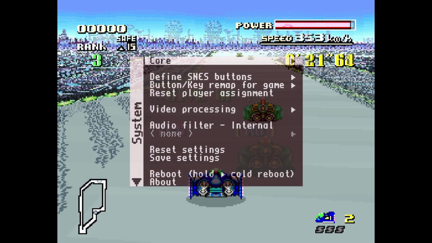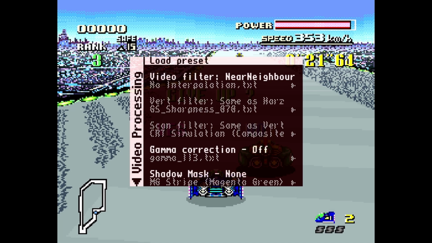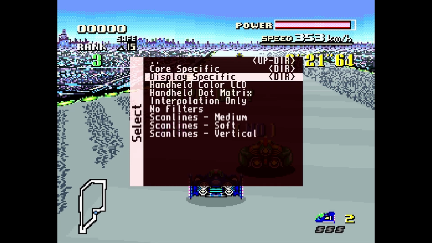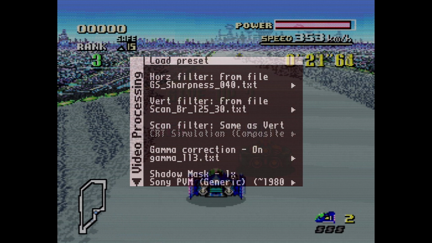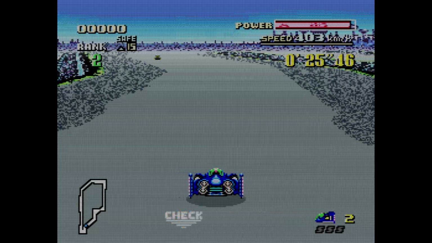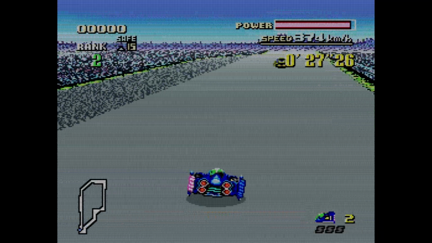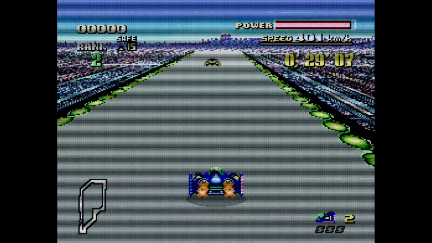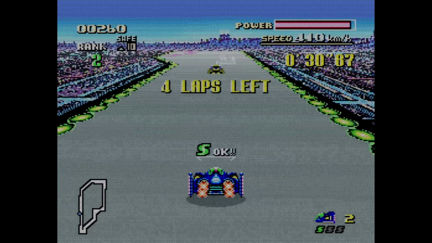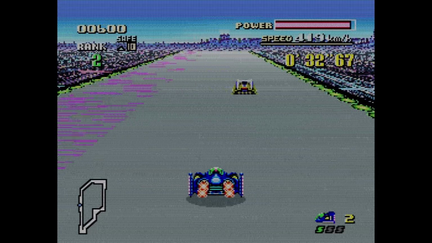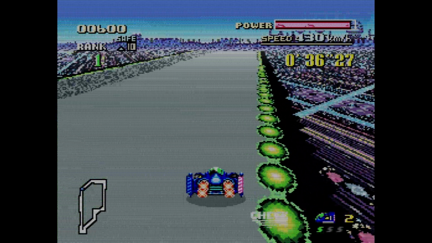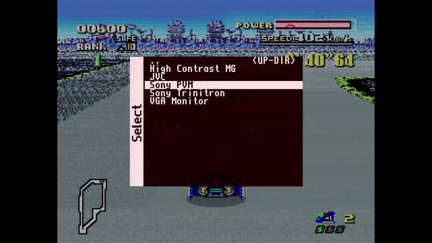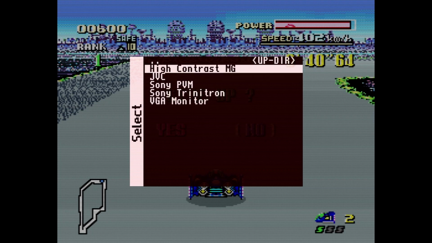And trust me, with these filters you can always dial in something that looks really bad too. Not that any of these presets are bad, it just might not be what you're looking for and it might not be great for that game. But let's just pop on the PVM filter and you're going to see it changes up. Now I do think this filter doesn't compress the best, so it might look a little bit different when you watch it versus how I'm seeing it, but I think maybe it's brought the brightness down a little bit too much for F-Zero, so maybe we could change the gamma on that,